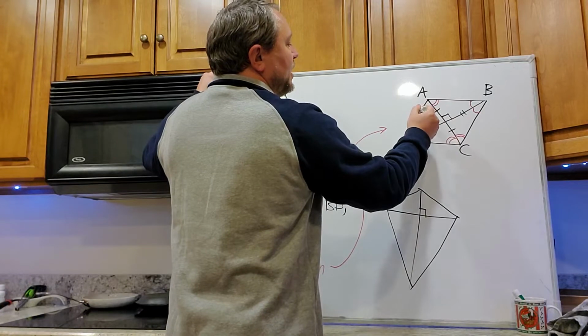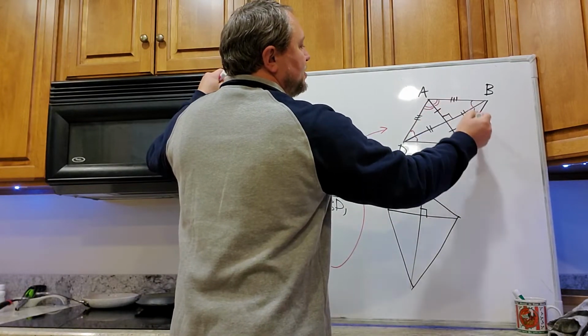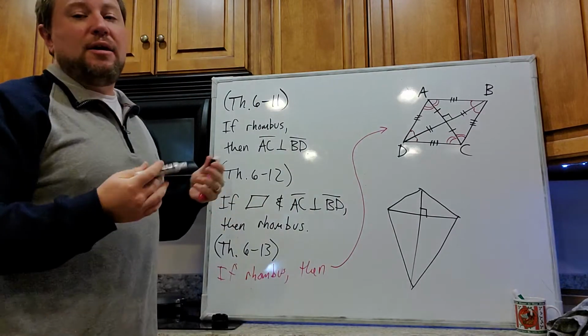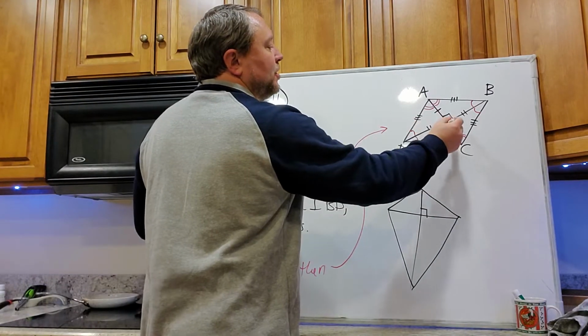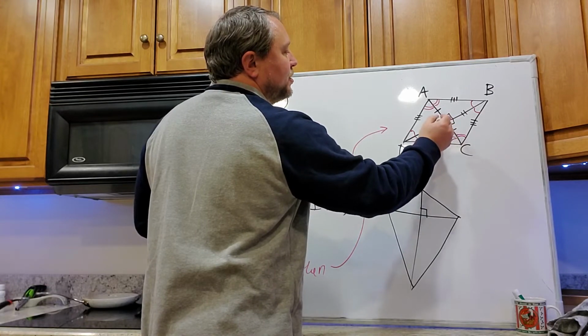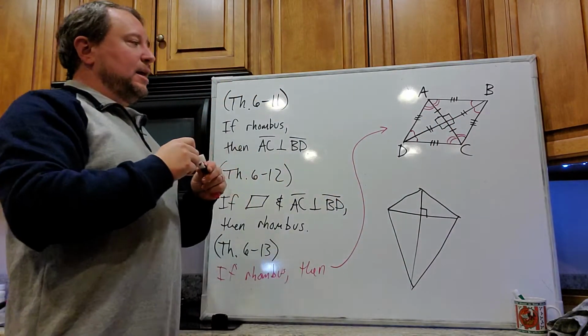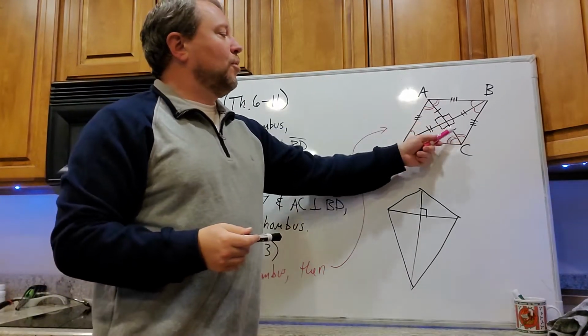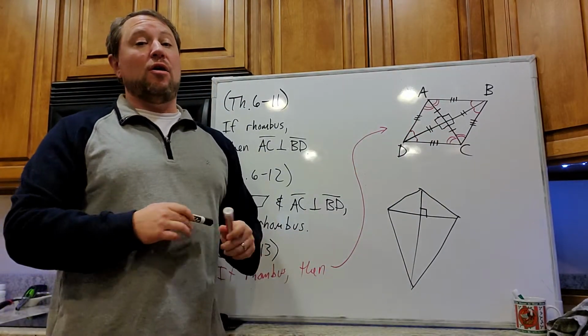So I know that this matches this, matches this, matches this. Okay, and of course, if that's a right angle, do you understand that all four of these are actually right angles? So a rhombus, you could say, then really breaks down into four different right triangles that are all congruent